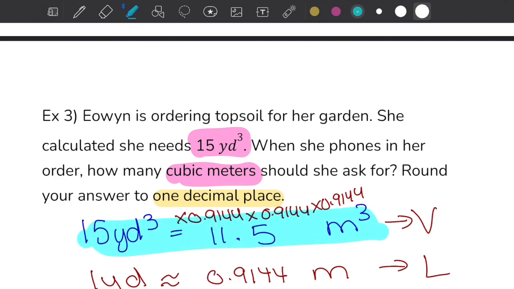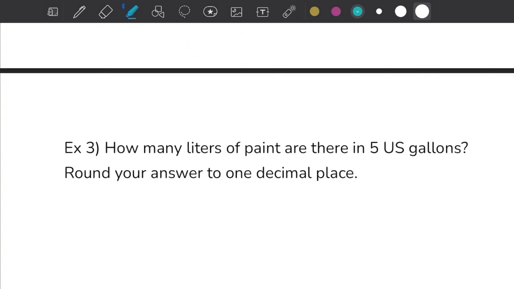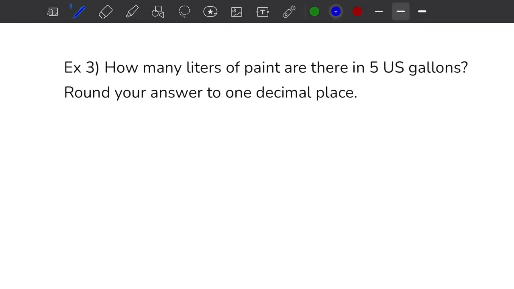All right, let's move on to the next example. Example number 4 asks, how many liters of paint are there in 5 US gallons? Round your answer to 1 decimal place. So we want to know the amount of liters in 5 US gallons. So 5 US gallons